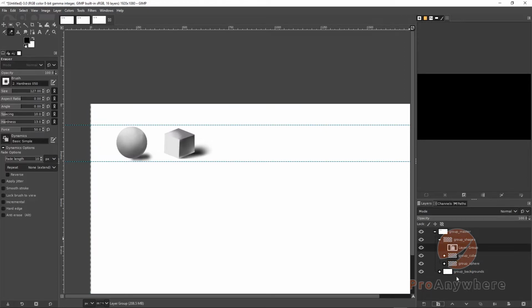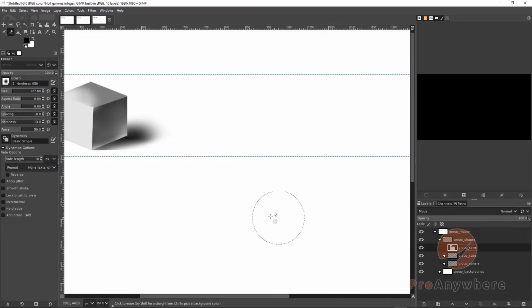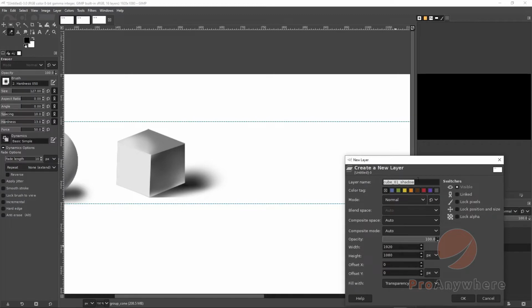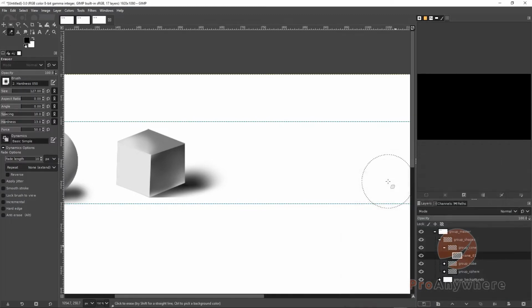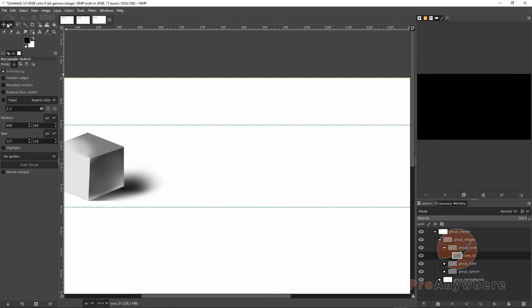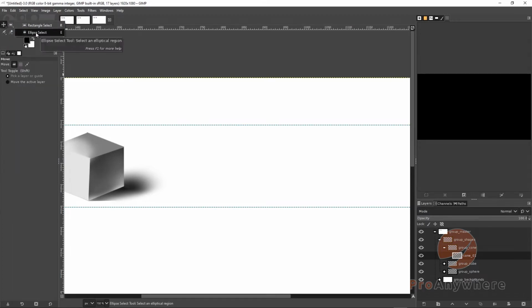I'll call this cone. So I'll double click after creating a group, cone. And inside the cone, I'll zoom in here, middle mouse button click. I'll create a layer. I'll call this cone 01 right there. And with that, I will start off with, I'll left click the rectangle tool and choose ellipse,